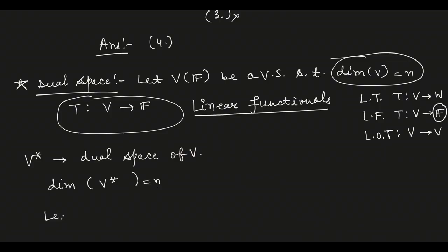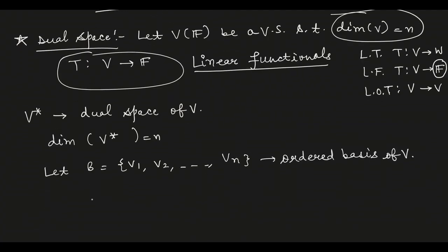And if I denote V1, V2, Vn as ordered basis of V, then V star denotes